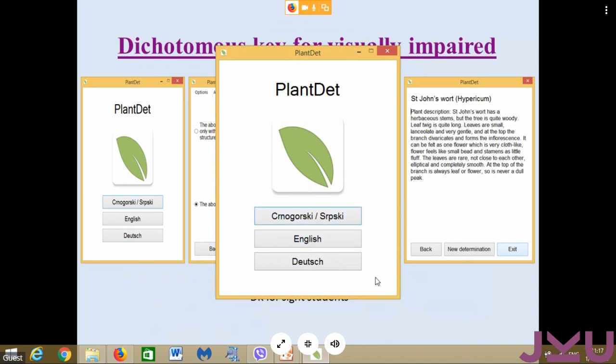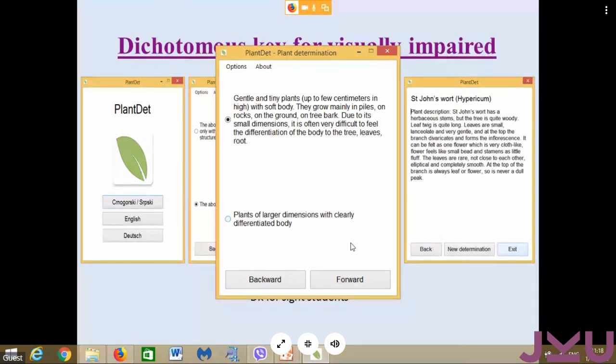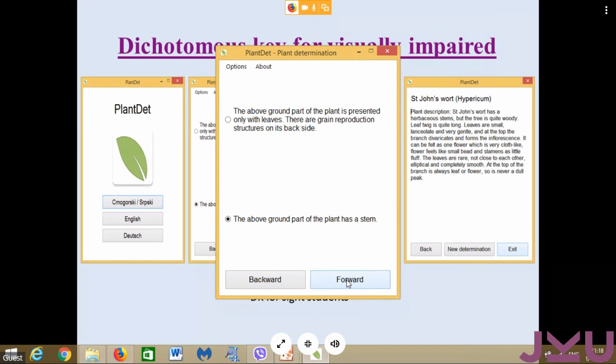The reason why we created this in three languages is that one part of the research we are finishing in Montenegro, but the second part we are finishing in the botanical garden at the University of Graz. So, for example, if we select the English language, this is how that works. The blind students touch the plants, and on the basis of their feeling, they select one of the two given options. For example, if they select this, they press this next